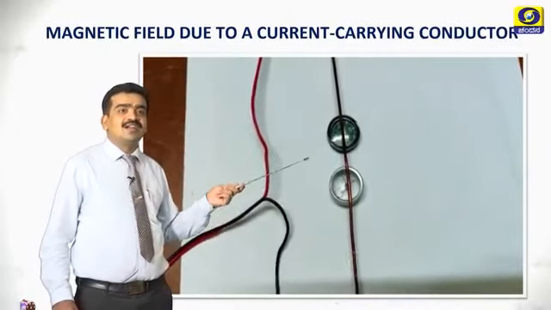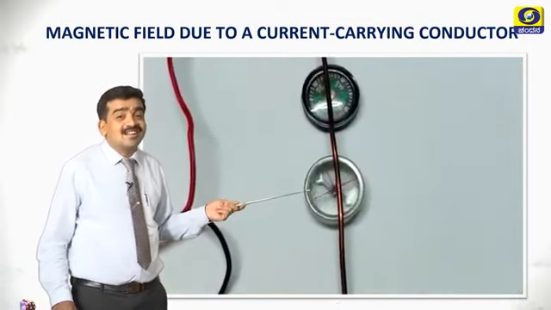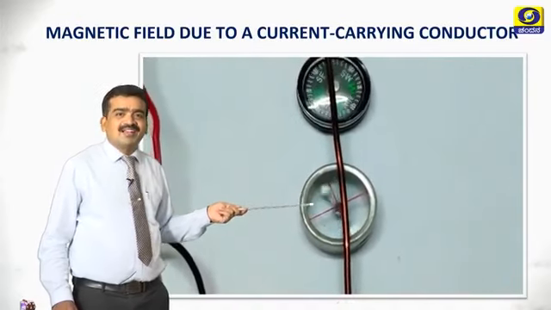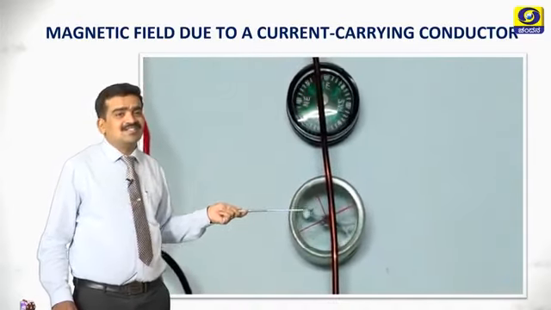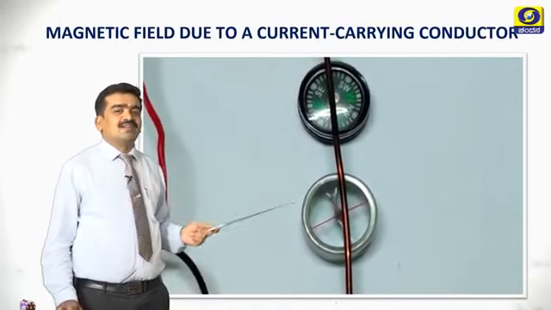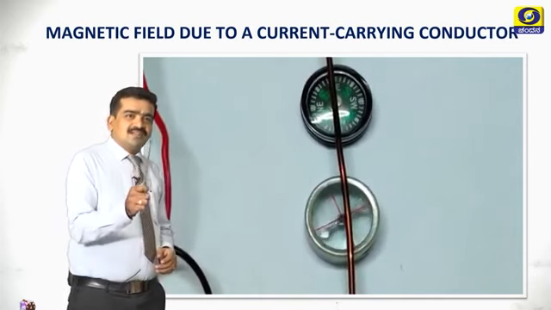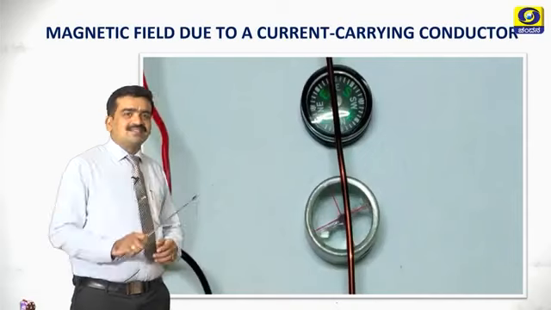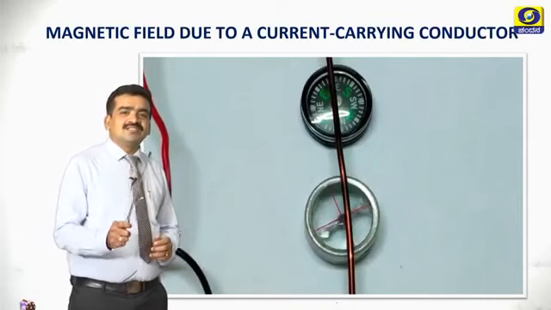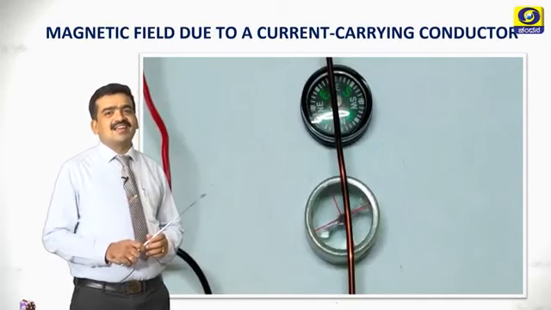Along with the flow of electrons, a magnetic field is created around a straight conductor carrying current. So that is why the magnetic compass shows deflection. Understood? Okay. My next question is, you have identified the magnetic field there with the help of the magnetic compass. Then what is the direction of the magnetic field around a straight conductor carrying current?